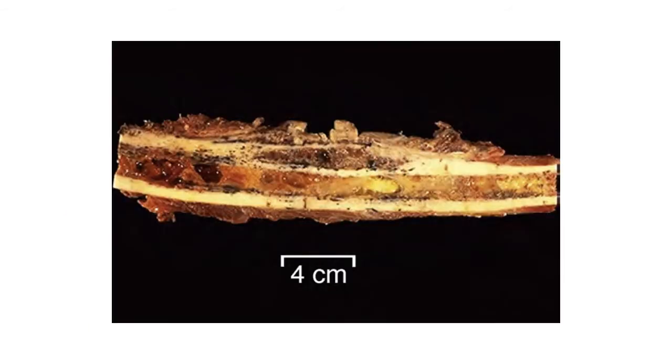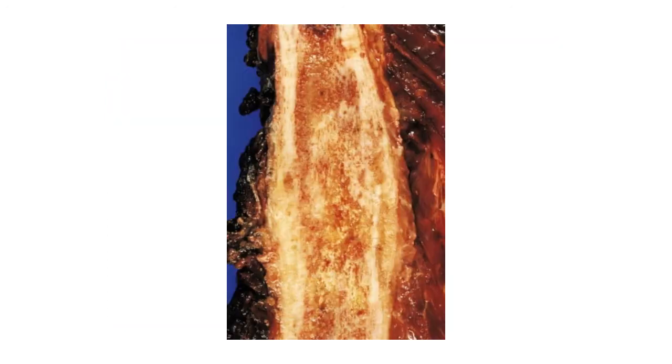This is Ewing sarcoma in a fibula, and the tumor is breaking through the cortex. The tan grey-white colored tumor tissue has prominent areas of reddish hemorrhage and brownish necrosis. On the right side, this yellowish area is the fatty bone marrow. This is another gross picture of Ewing sarcoma, which is showing extensive involvement of the medulla and cortex associated with elevation of the periosteum. The tumor margins are ill-defined.